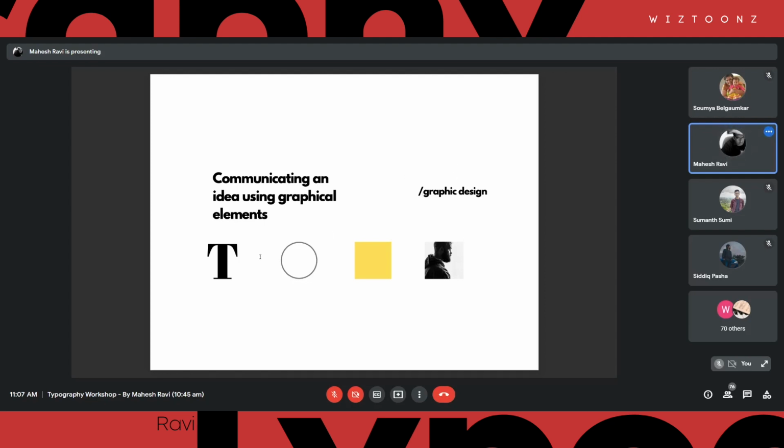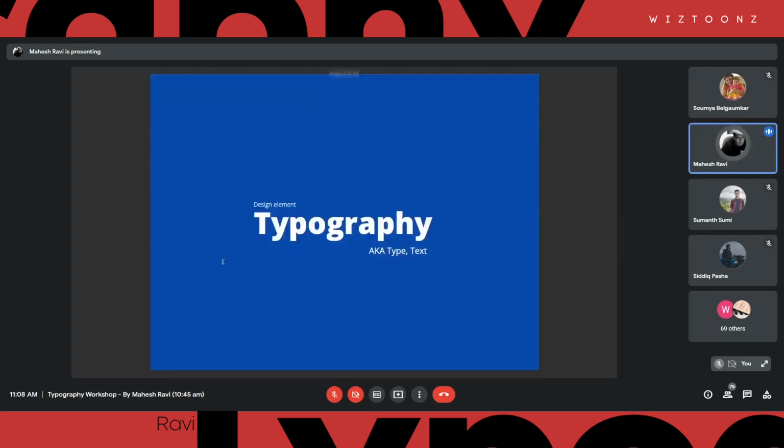In this, typography is often used to write content, right? And these other elements are used to build around that content to give more aesthetic appeal. That's how everybody works, right? Normally, every graphic designer works like that. Typography is just used to convey the idea straight away, and elements like shapes, colors and images are used to make the design more attractive. But what we are going to look at is a different approach, when we use typography as an aesthetic element, right? We will be taking a look at that in the workshop. But before that, I will just walk you through what exactly we mean by typography.